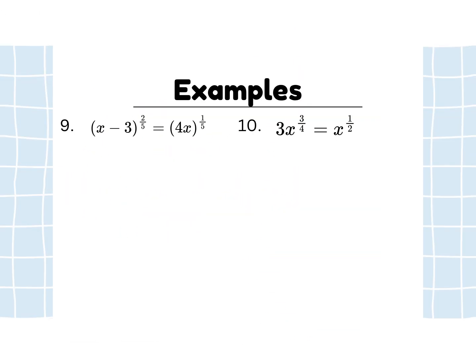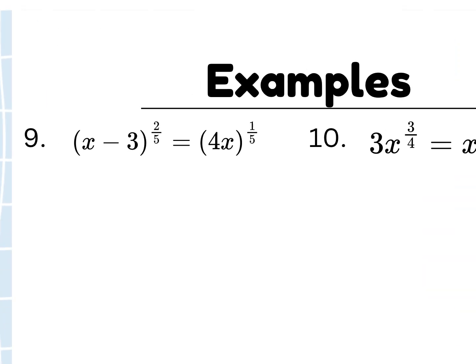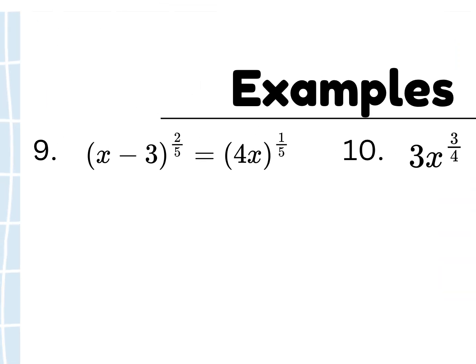All right, so now let's try ones with rational exponents. There's a couple different ways that you can do these. I like to do these in multiple steps just to make sure that we really understand what's going on, because if you try to do too many things at once, you might get confused. There's a way that you could do it by using the reciprocal, but I would rather just eliminate one thing at a time. All right, so when it looks like this, if you look at your two sides,